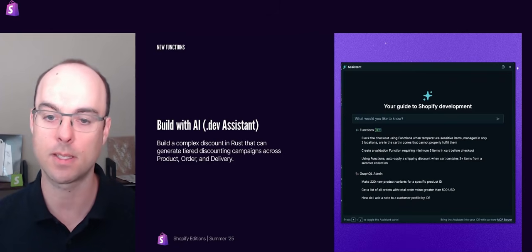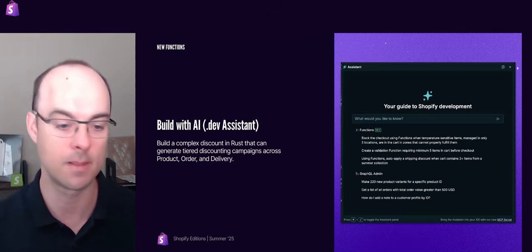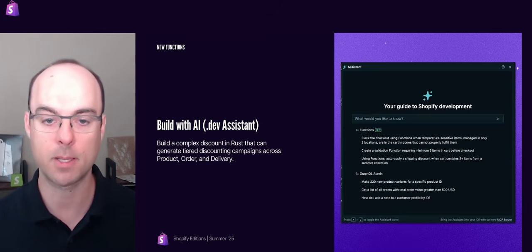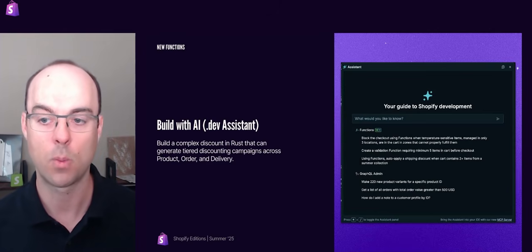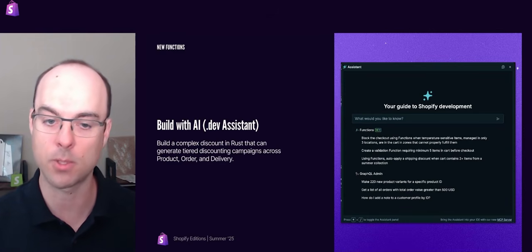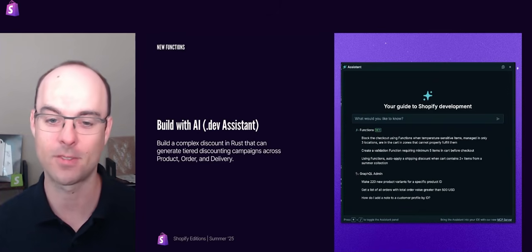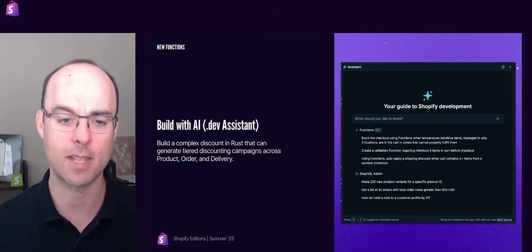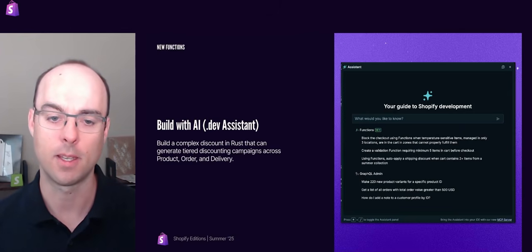And so you can use this as a starting point if you've got an idea of, hey, I'd like to build a function that does X, Y, Z. And we've got some examples there that you can use on Shopify.dev to get started. What you can do is enter in that tier discounting campaign idea that I described earlier in this presentation. Hey, I want to create a tier discount campaign. Spend $100, get 10% off. Buy two, get 5% off. You can enter that in as text, and the dev assistant will generate a complete function for you in Rust